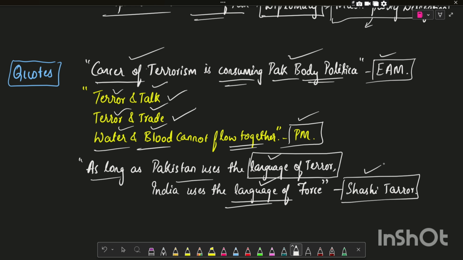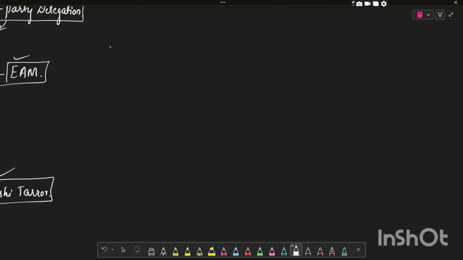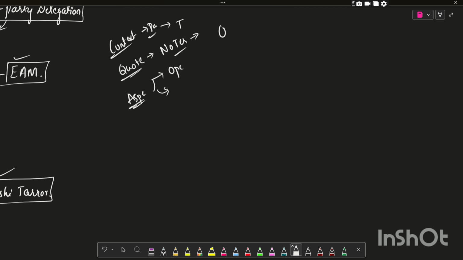Now let us summarize what we have seen in this video. I have given you the context of Operation Sindoor, that is the Pahalgam attack, and India's response through Operation Sindoor. I have given you the quote, no terror infrastructure is beyond the reach of India. And you have also seen the aspects of Operation Sindoor, that is operational tactics, and the objectives which are political, military, and psychological,